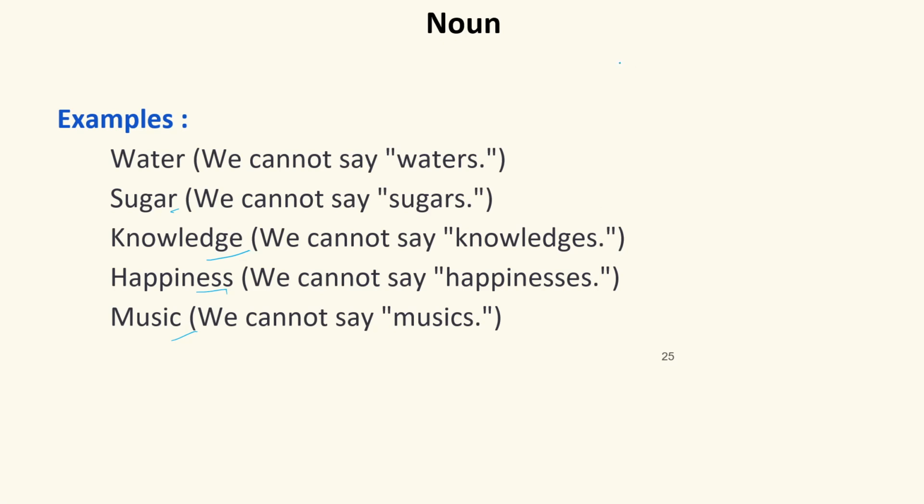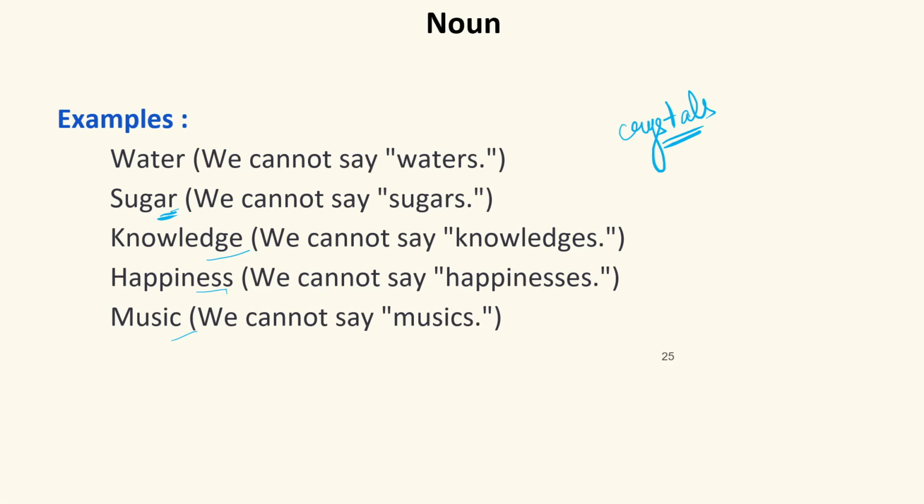Now, if we see this word sugar, we can count crystals of sugar, but we cannot count sugar. Sugar is actually the content of the solution. We can count the crystals of the sugar. Obviously, when we go to market to buy sugar, we buy it in measuring units like kilos and so on, quintals, tons. But we cannot say that I want 4 sugar. No, that is incorrect. These words are uncountable and we cannot count them.